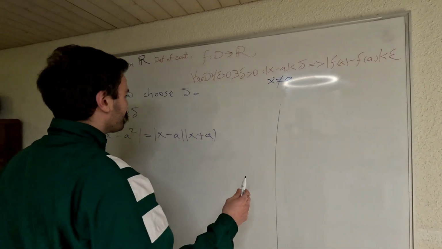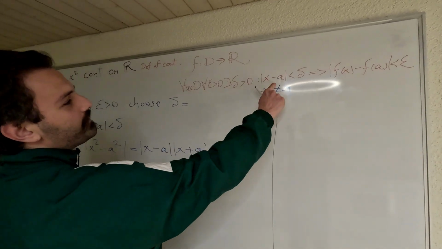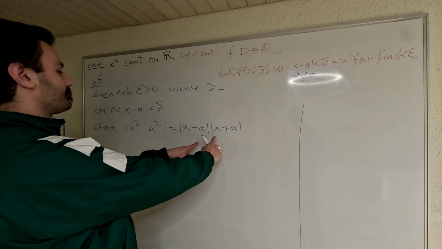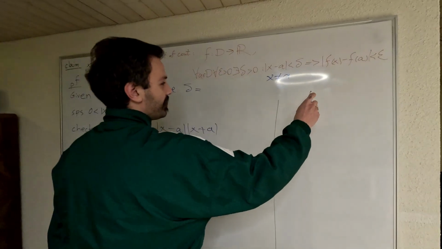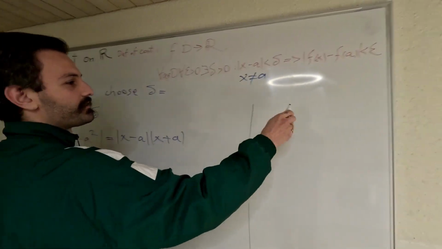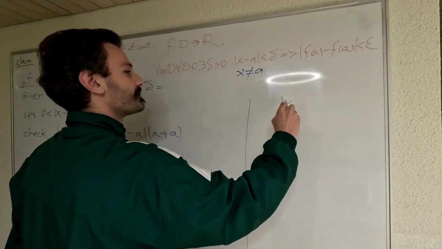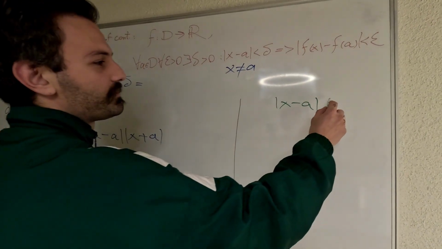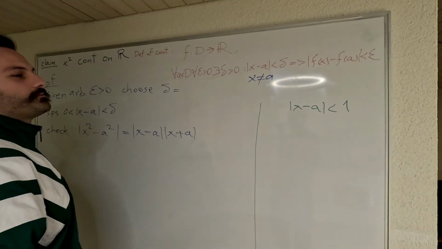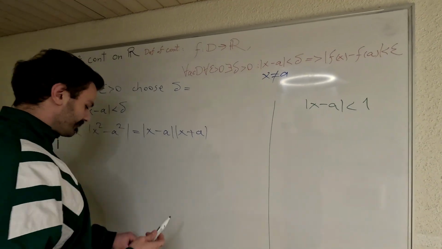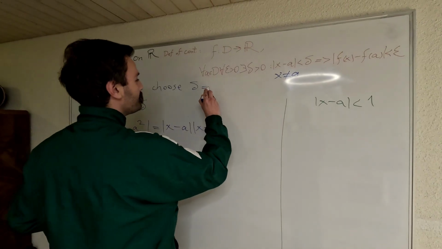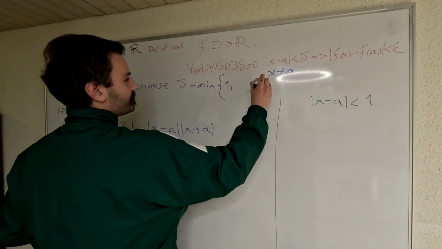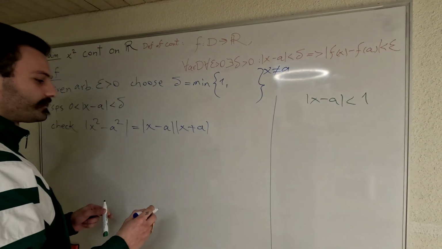Let's say by this part, we know that x minus a, let's estimate one of the expressions from these two, and let's say we work with the one that is given in the statement, and that is x minus a should be less than some delta, and let's say we pick 1 because 1 is easy to handle. And then we write here the minimum of 1 that we got so far, and